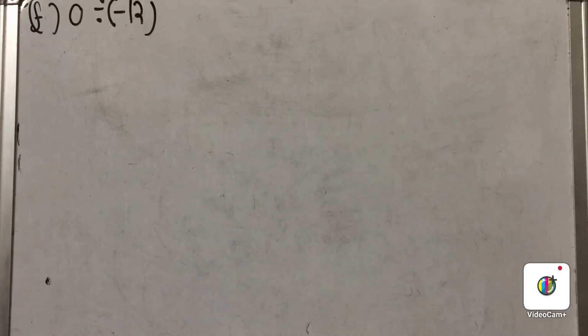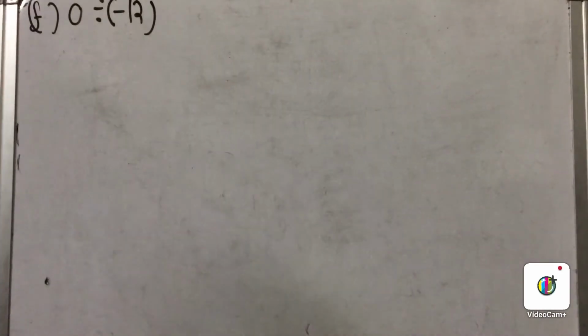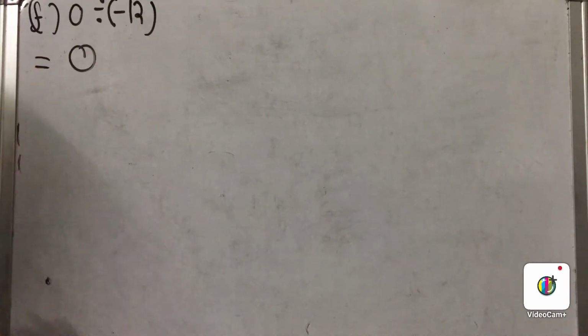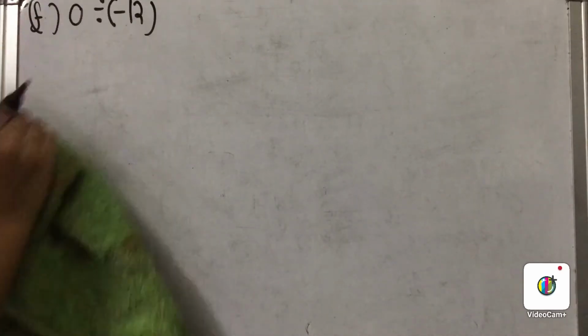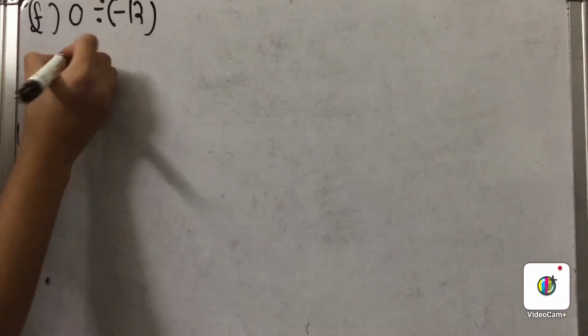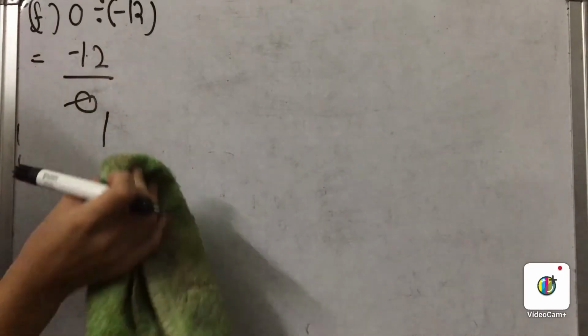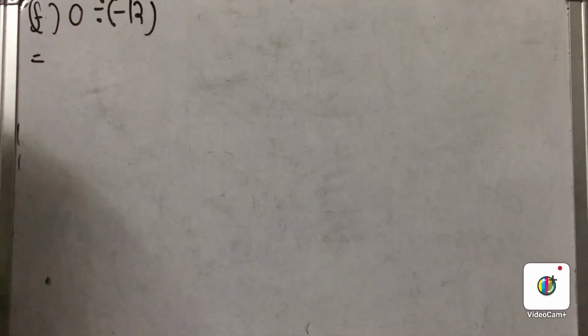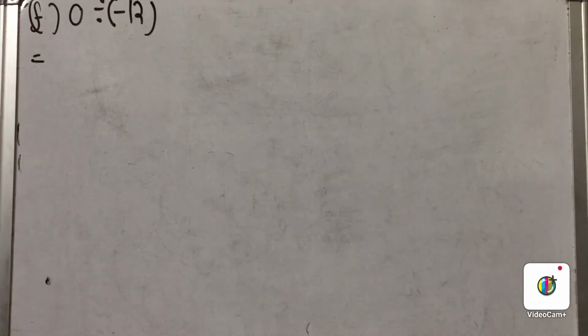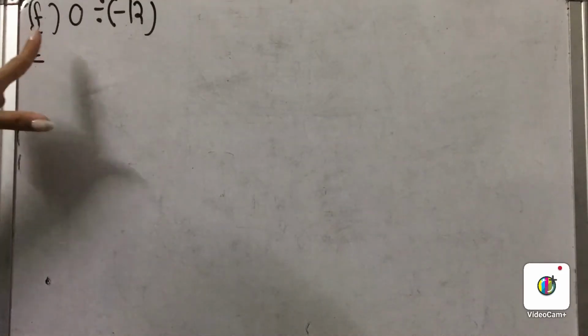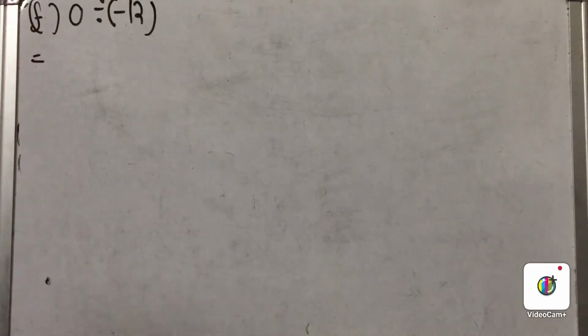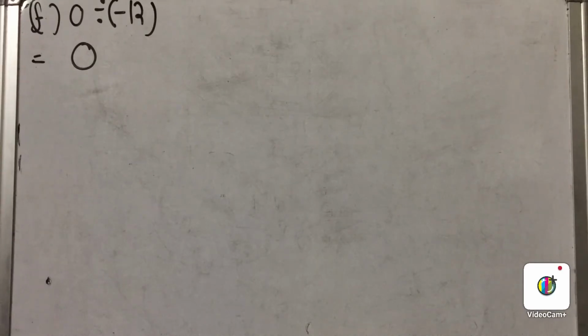To solve this question, actually you have to do nothing. You can simply write it as 0 because 0 is neutral and there is no sign in front of 0. Or you can also solve it: 0 ones are 0. Actually 0 is neutral, so any integer divided from 0 is 0. So you can simply write here 0. And there is no sign in front of 0, whether it is minus or plus. This was our part number S.